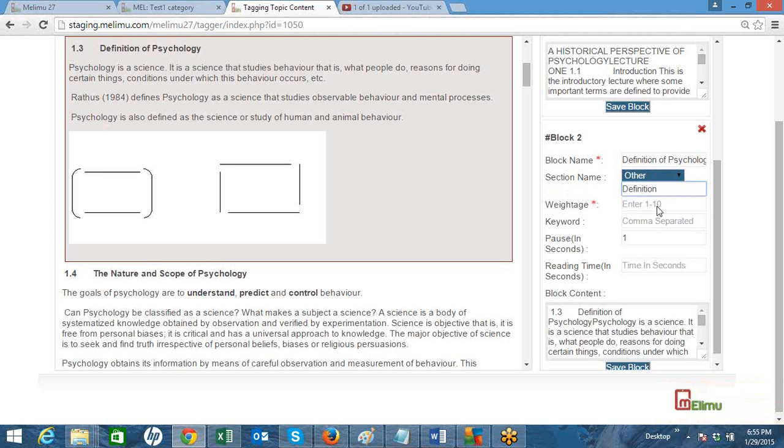Once you have done with the section name, then provide the weightage. I think this is important and students should read it, so the weightage of this block should be 4.